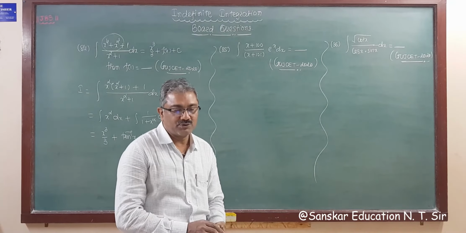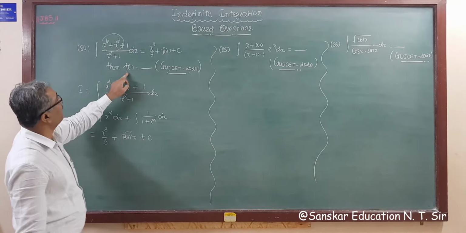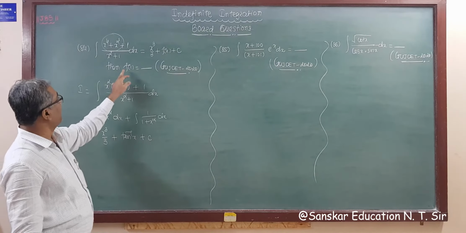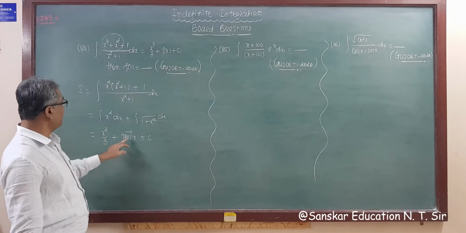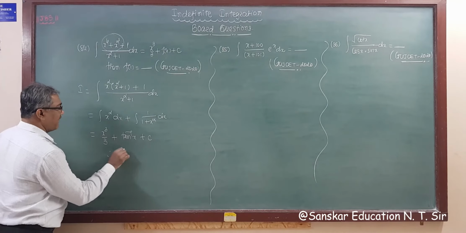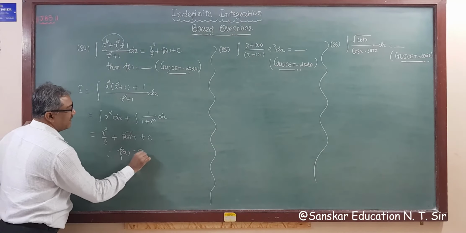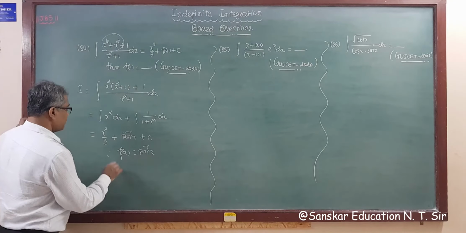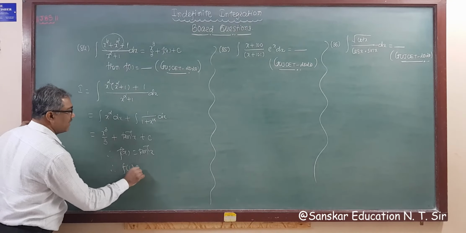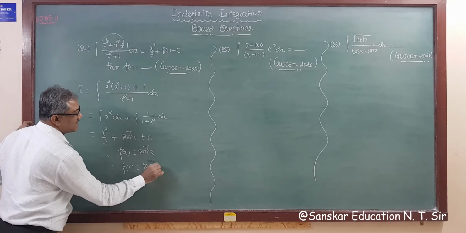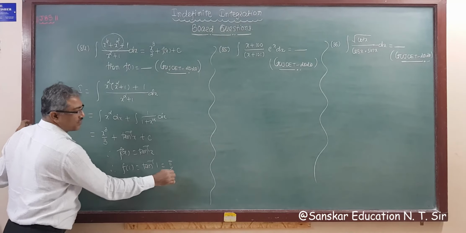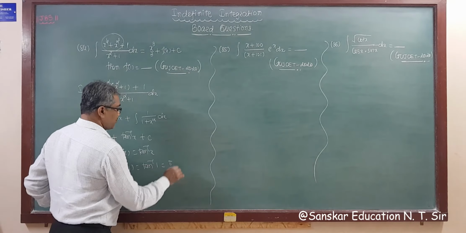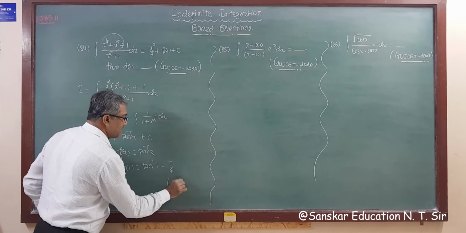Then what you have to do is find f of 1. Okay, so we have to compare with this. Then f of x is x cube by 3, and g of x is tan inverse x, and we have to find out f of 1. So substituting x is equal to 1, we get tan inverse 1, that is pi by 4. So pi by 4 is your given answer, that is option B. So option B is your correct answer.